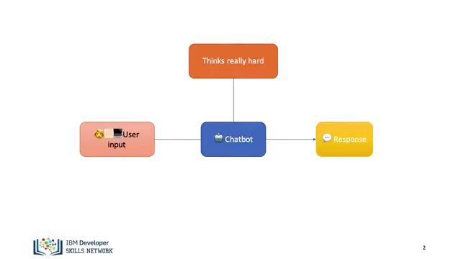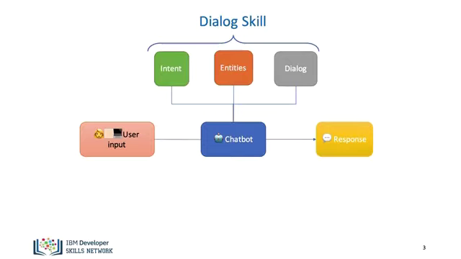Now that's very, very high level and doesn't tell us much, of course, so let's see more in detail how this works. The chatbot will use three main components to determine how to interpret the user input and how to respond to it. Intents, the subject of this module, entities, which we'll cover in the next module, and finally the dialogue, which we'll cover in Module 4. When you create a chatbot in Watson Assistant, the first thing you do is create a dialogue skill, which will